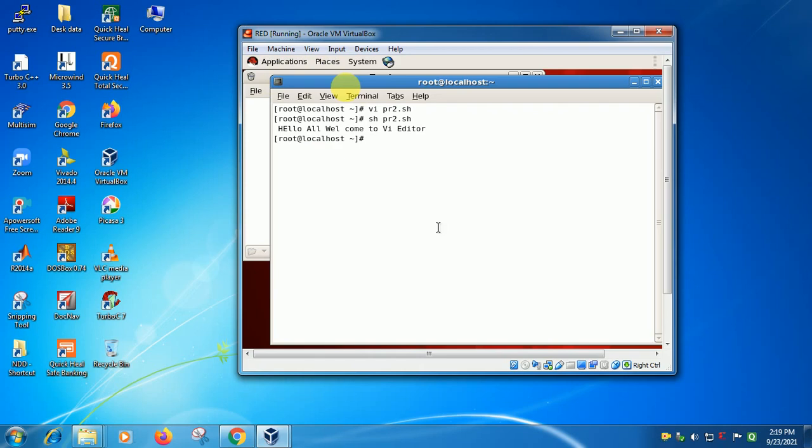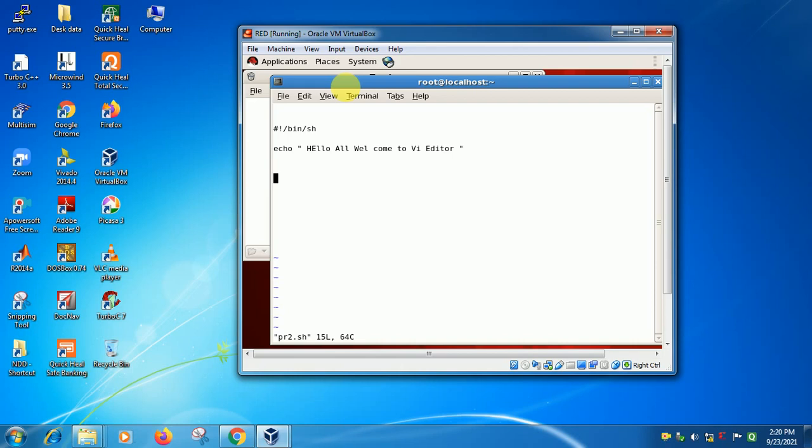Let's redo the program editing again. With the command vi pr2.sh, we again go inside the pr2.sh program. Here again you come inside the VI editor, but right now I am not able to give input because my editor is not in editable mode.